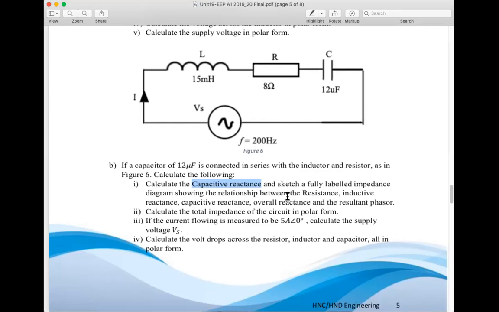You've got to show the relationship. So again, there's plenty of examples in those notes of how to draw that relationship between the impedance diagram and what's meant by the overall reactance, which is the difference between the capacitive and inductive reactance. Remember, they work 180 degrees opposite to each other, and then show the resultant phasor, which is the overall impedance